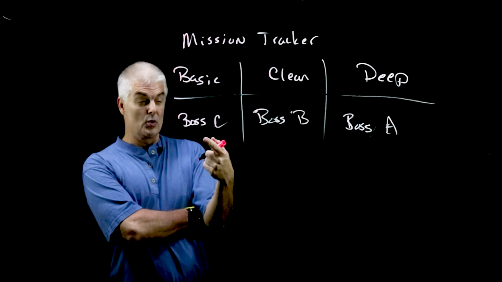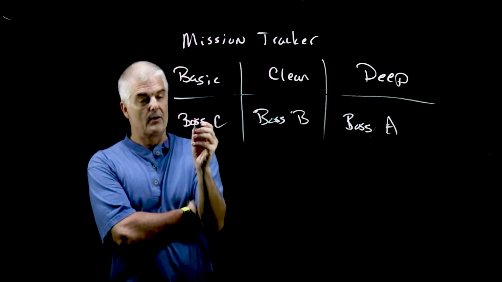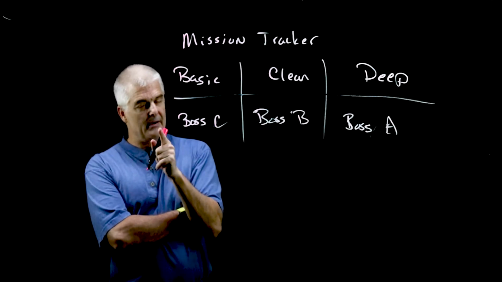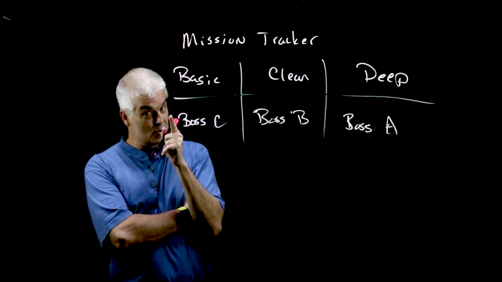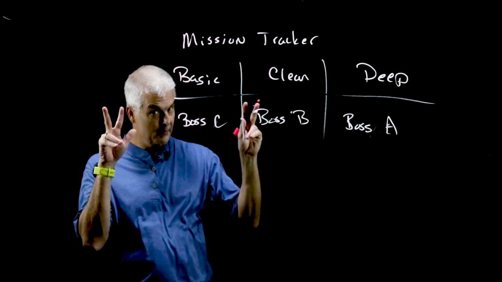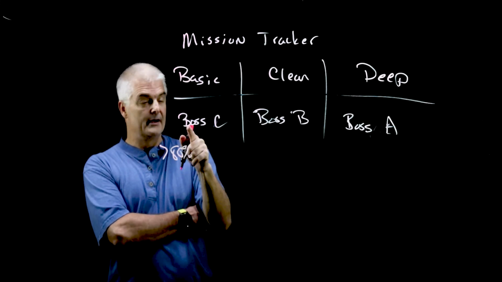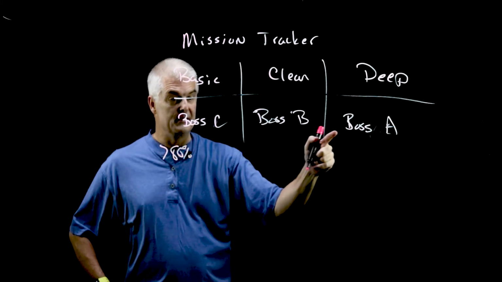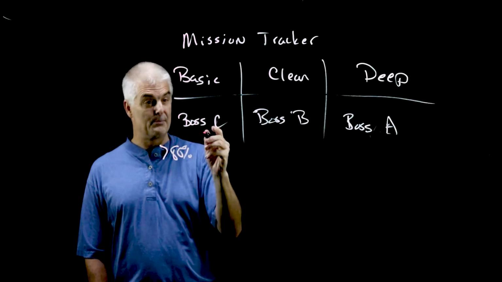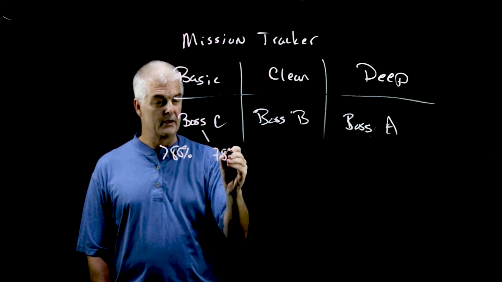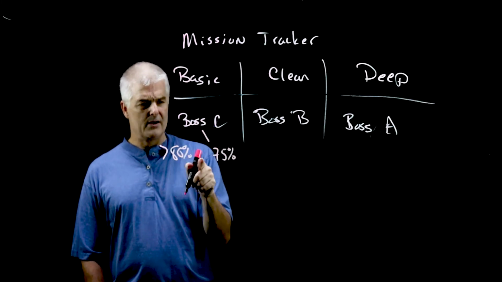It's like choose your own adventure. Which one do you want to take? Your call, right? And here's the deal. It's a mastery system, so you actually have to do well on the boss battle. You have to score greater than 80% on either the basic, the clear, or the deep understanding. And if you score more than 80% on the basic one, you will get a 75%. That might seem weird. Wait, you're taking off percentage?